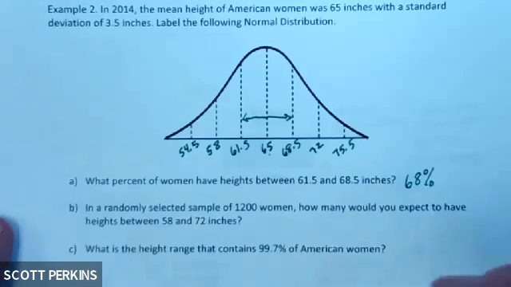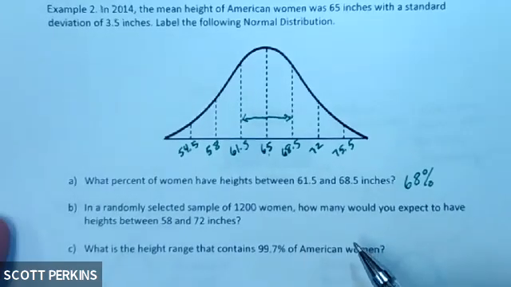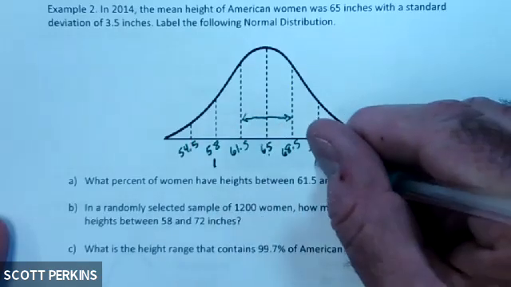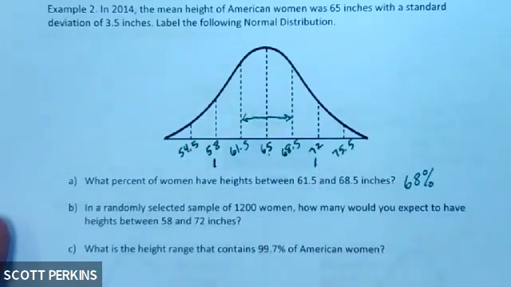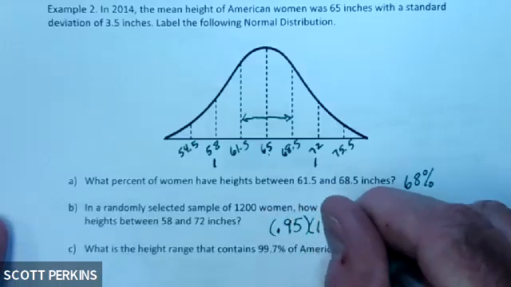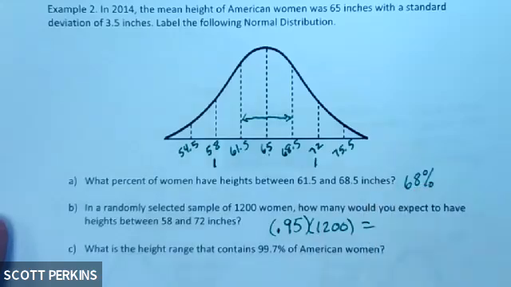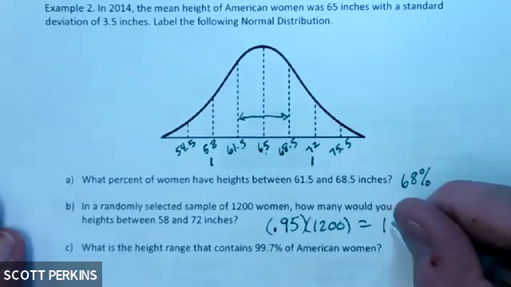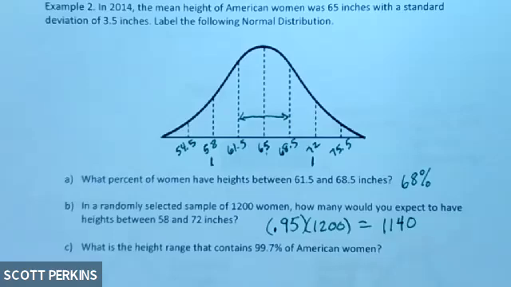If I select 1,200 women, how many would I expect to be between 58 and 72? Well, that's 2 standard deviations in each direction. So that's 95% or 0.95 of my 1,200. And what is 95% of 1,200? Okay, so 1,140 of the women that I randomly selected would or should, according to the empirical rule, fall into